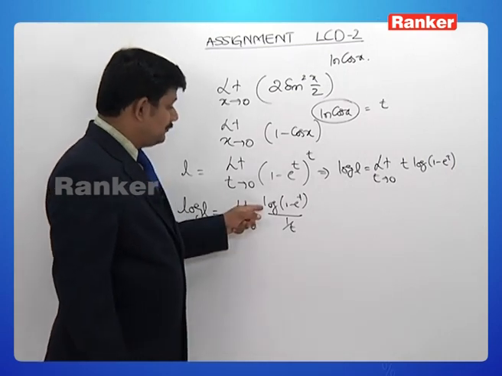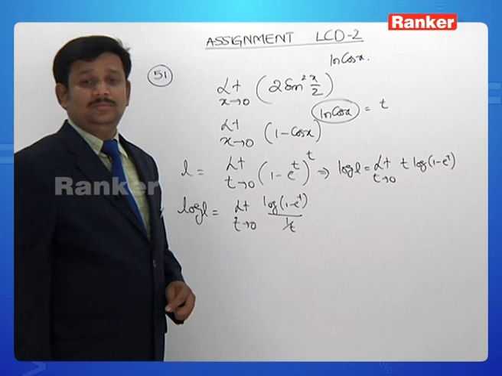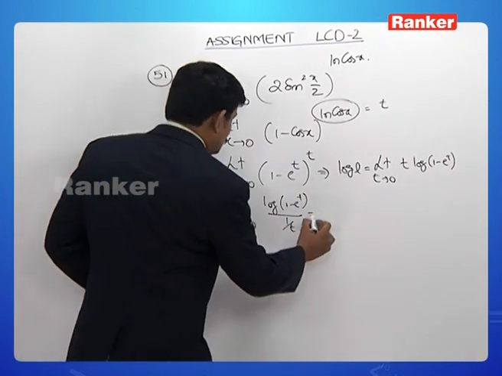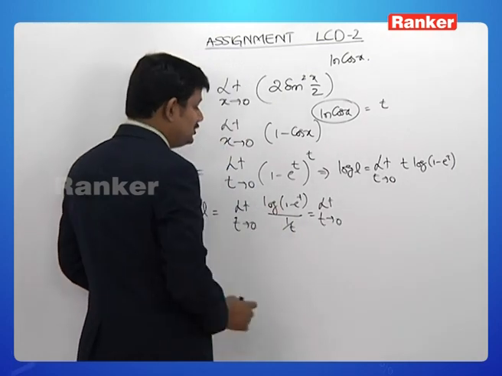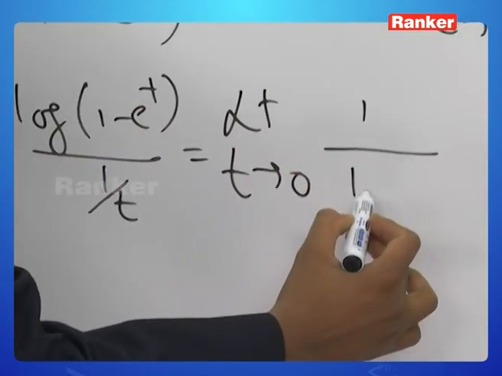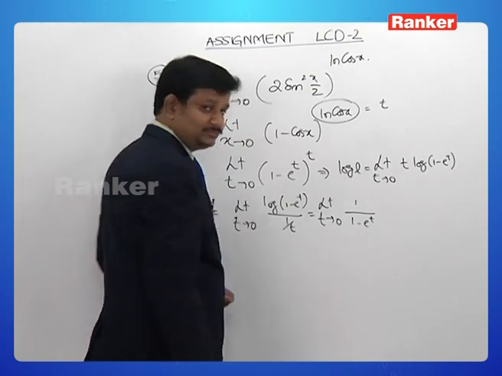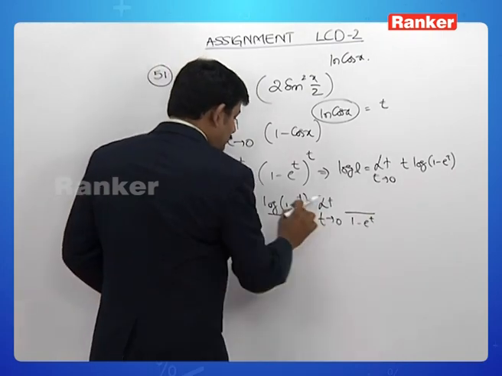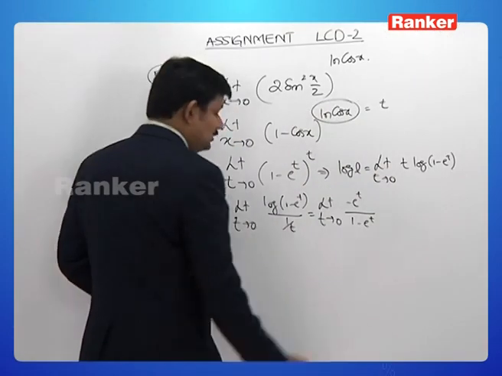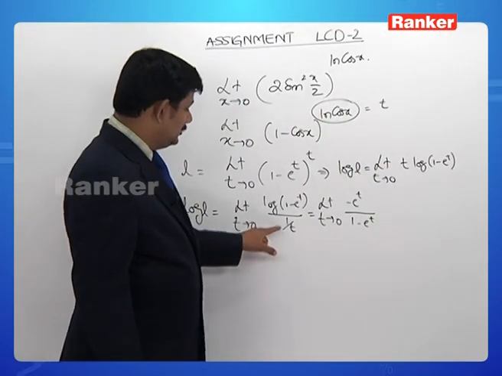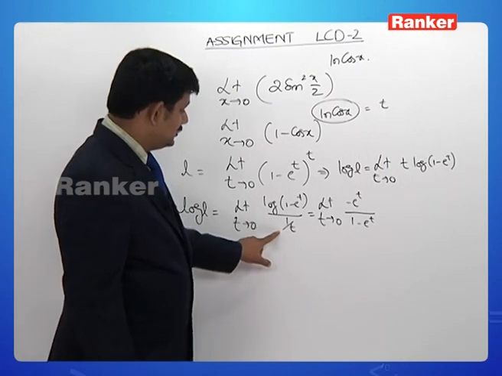Now, it is infinity by infinity form. Applying L'Hospital rule, this limit would be limit t tending to 0, differentiate numerator: 1 by 1 minus e power t into derivative of 1 minus e power t, minus e power t, divided by derivative of 1 by t is